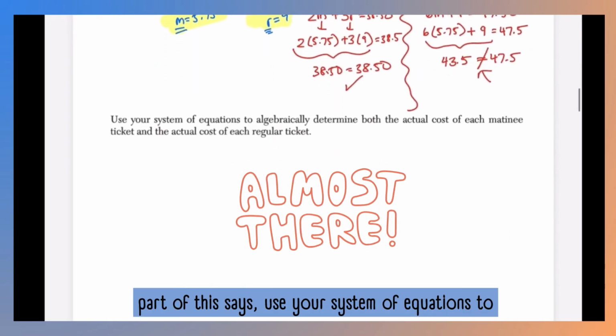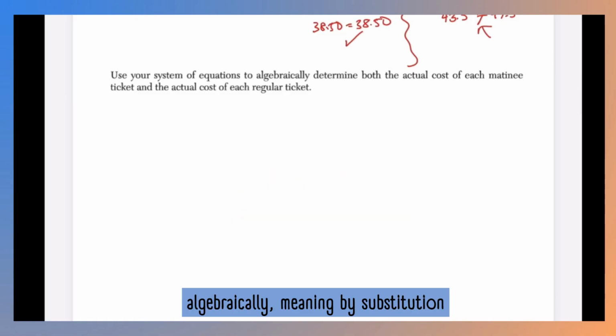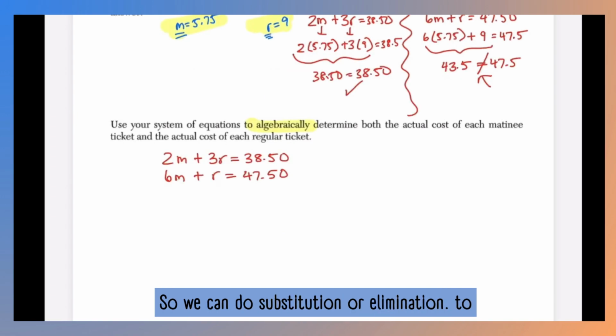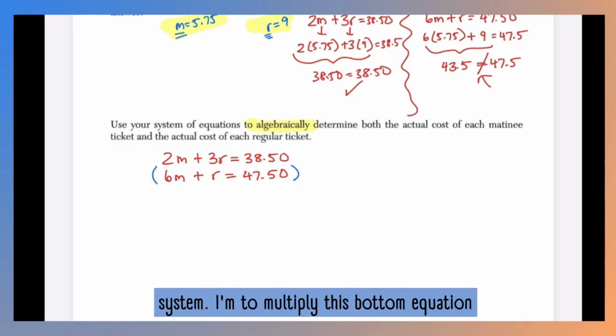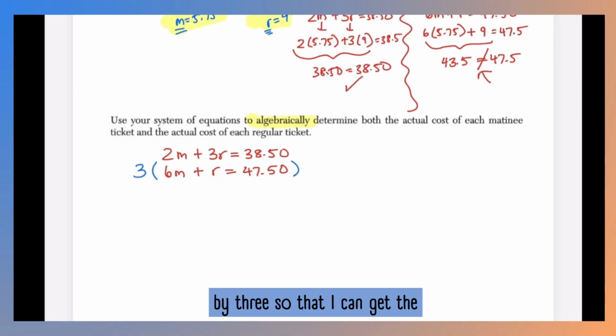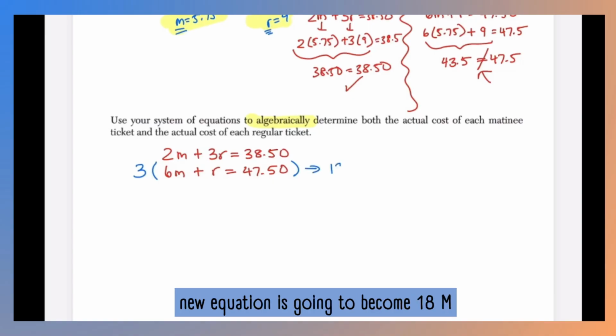The last part of this says, use your system of equations to algebraically, meaning by substitution or elimination, determine both the actual cost of each matinee ticket and the actual cost of each regular ticket. So we can do substitution or elimination. I'm going to choose to do elimination for this system. I'm going to multiply this bottom equation by 3 so that I can get the coefficients of R to be the same. So when I distribute that 3 out to the whole equation, my new equation is going to become